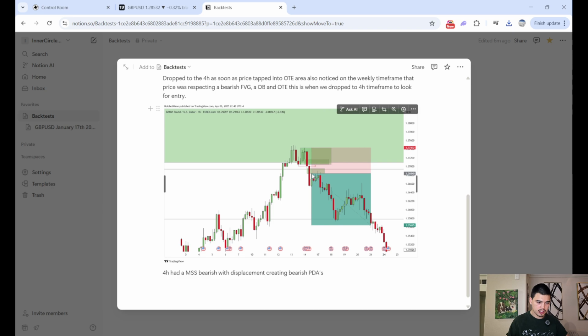Bearish premium discount arrays, meaning the fair value gaps, right? It displaced, market structure shifted, created this fair value gap, and this fair value gap also created this order block area. Bearish PDAs and disrespected